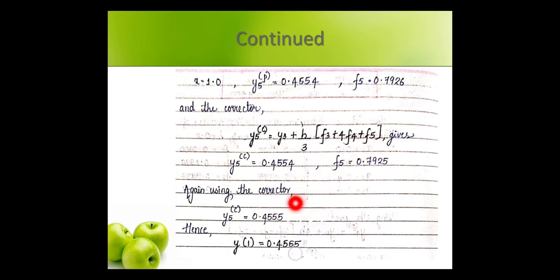Now you have to get the value y of 1, they have told you to find, because they have given the boundary condition 0 less than or equal to x less than or equal to 1. So y of 0.8 we have found out, now for 1.0, the y5 value whatever you have got, that will itself be y of 1.